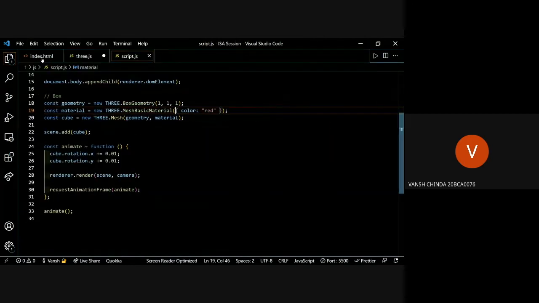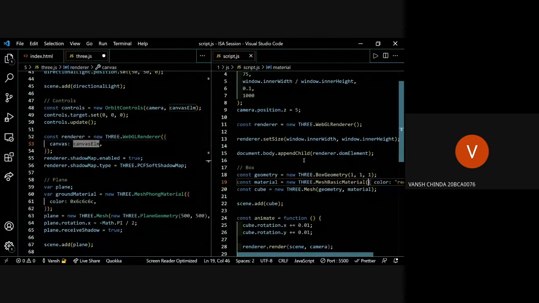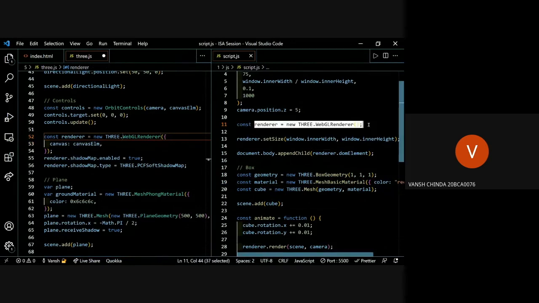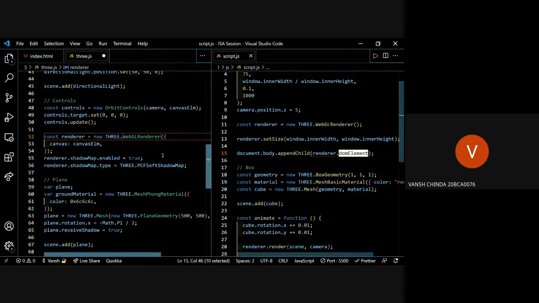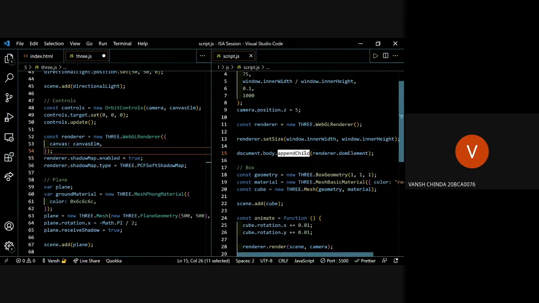I'll open them side by side. So how we set the renderer then was we called the WebGL renderer function and then appended the DOM element. But now we are appending the DOM element on our own. We are not calling this function to create a new child.